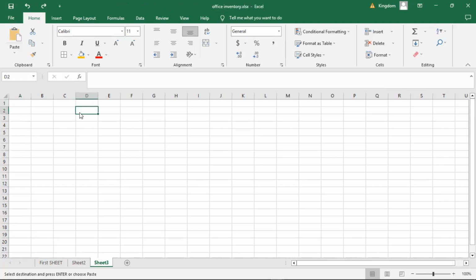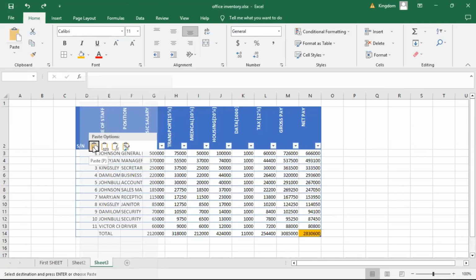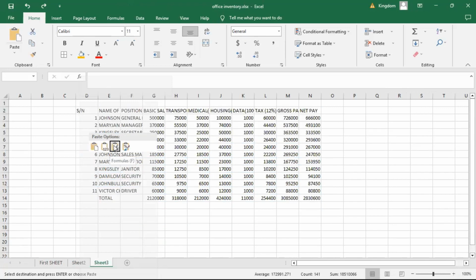If you want to paste, you have options. They're asking you, do you just want to paste it the same way it is? Or do you want to paste it as numbers? Or do you want to paste it with the functions? So these are different options. Now, pasting with functions is a very good one because if you paste with functions, the calculations remain such that